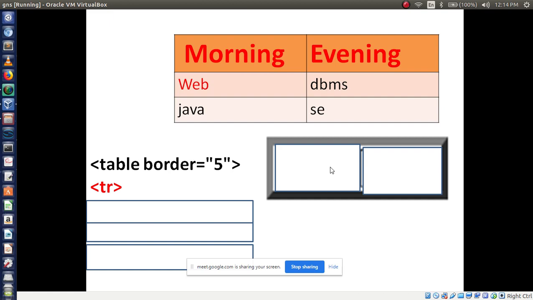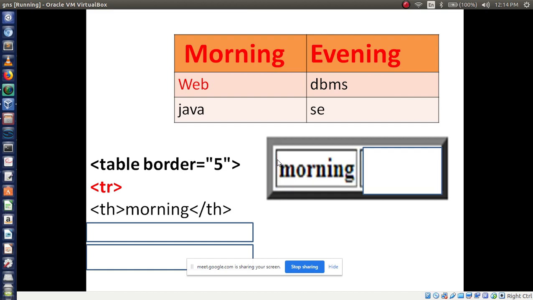In the first row I want to display morning and evening. Morning is displayed in bold style, so for that I have to use the th tag. Tr followed by th tag. Th means table head. Table head looks bold. Morning. So morning will display like this. See, morning is displayed. Is it clear?